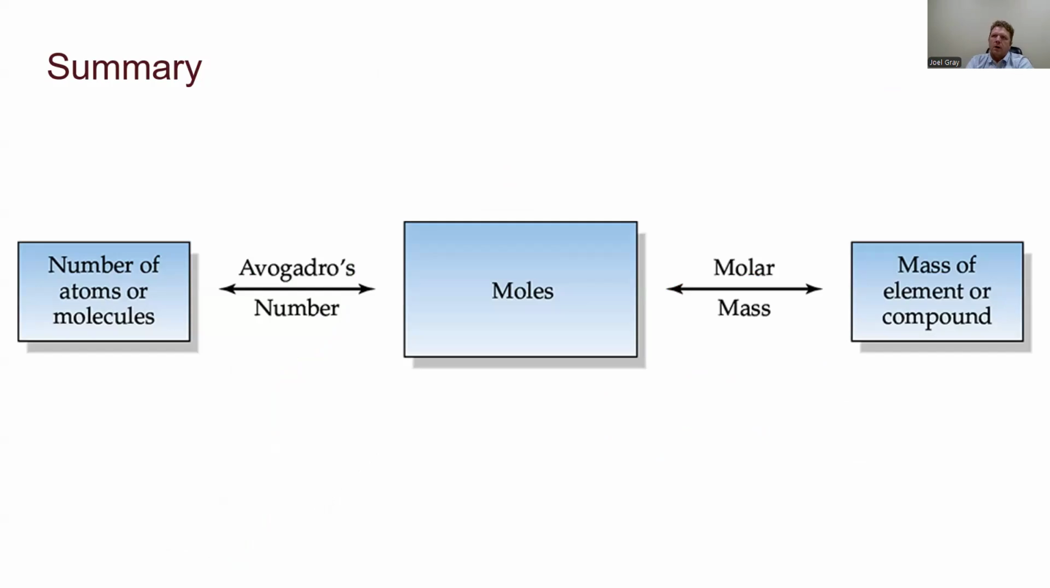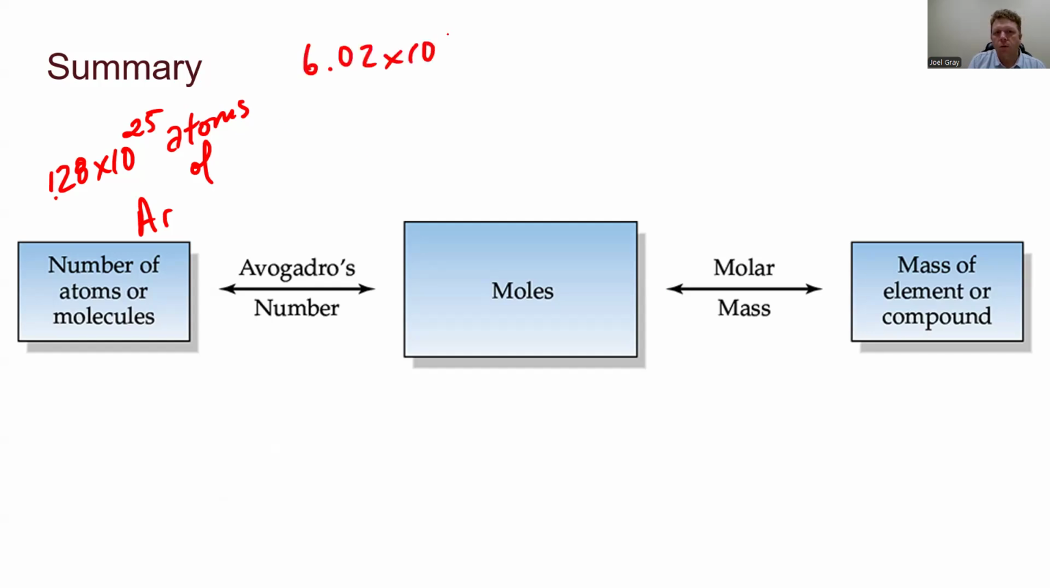In summary, you can take number of moles and go to molar mass. And you could also take number of moles and figure out, using Avogadro's number, how many atoms or molecules you have. Being able to go from one to the other is important. Like if I said I have 1.28 times 10 to the 25th atoms of argon gas, a question I could ask is, how many moles of argon gas do I have? Well, I know that 6.02 times 10 to the 23rd